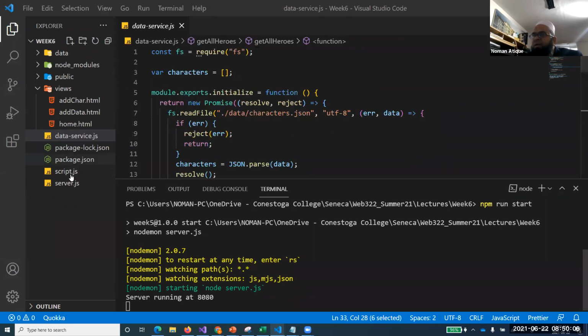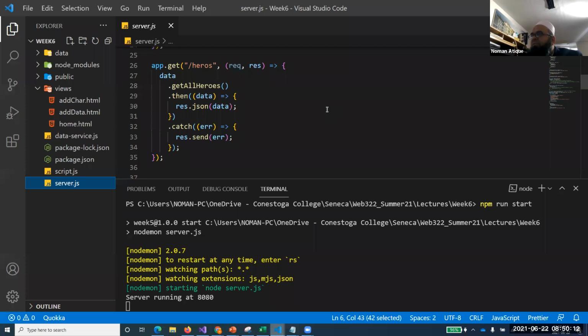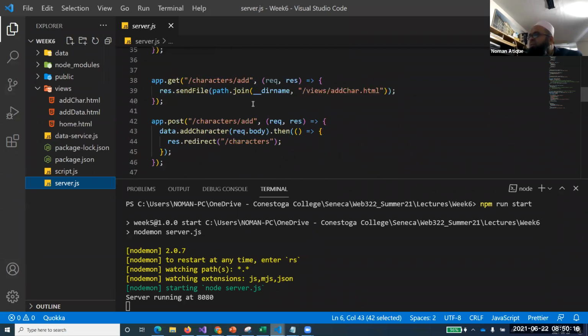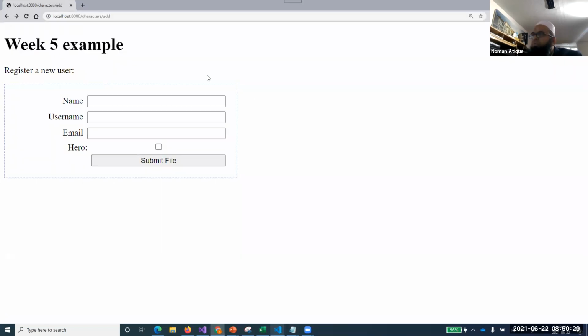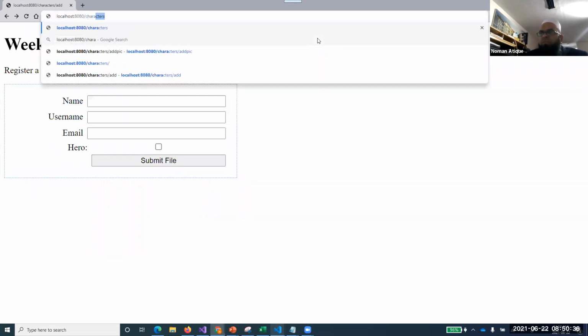And then if I ask you, so this was our program where we just were getting the heroes, we are just adding the characters, right? And to add the characters, we are just opening up a file, add character.html, if you have followed that. And now let me just run this all and show you. First of all, you remember why I'm doing that, because this is a base file for our work today.